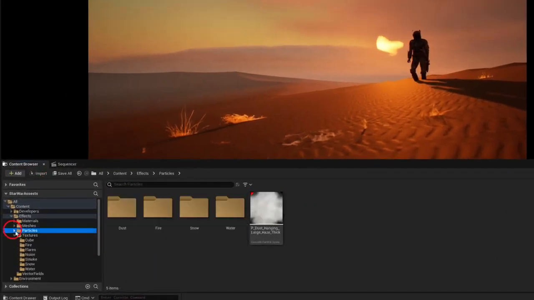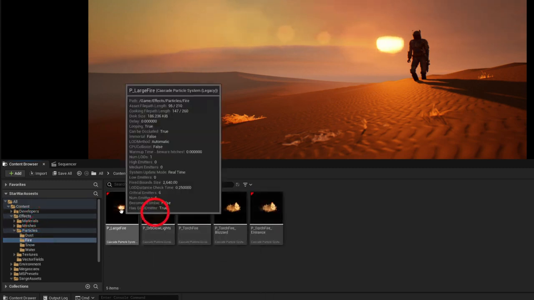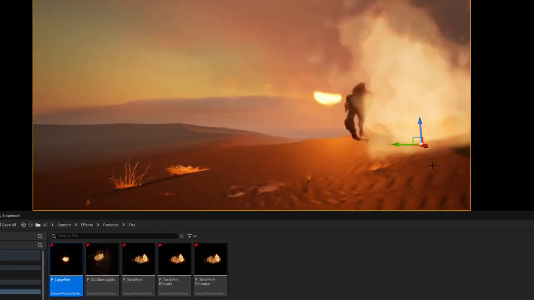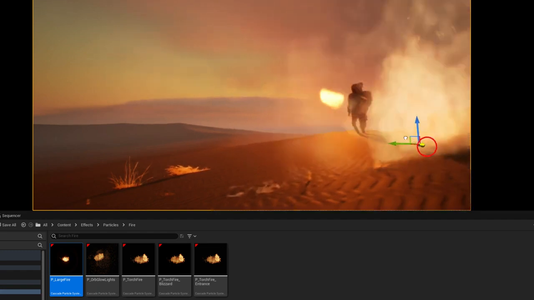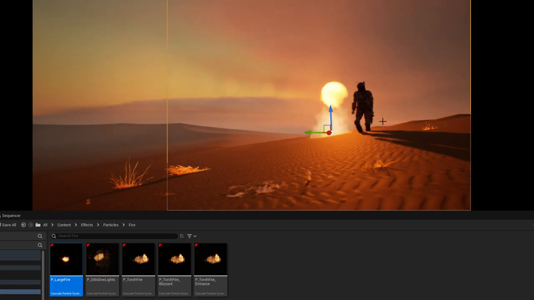So I added in the starter pack that you can download. You go to effects, you go to particles, fire, and you take this large fire here, and check this out. Look at that large fire. It's crazy. It's distorting the image. It's great. I want to put it behind, like above the sun, between the Mandalorian and the sun,